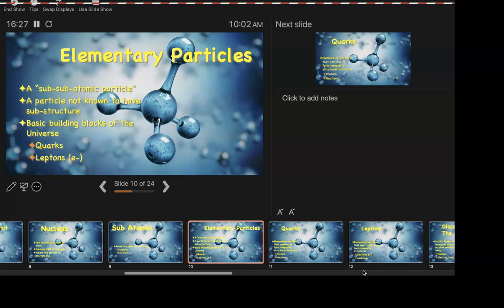I told you a little while ago that there were some smaller stuff. And there's some other bits that we don't talk about in here still, okay? But these are fairly important. So an elementary particle is a particle not known to have substructure. So at the moment, we don't think they get any smaller. Remember, though, that we said that about the atom? And we said, oh my gosh, wow, there's parts that make up the atom. This is as small as it gets. We said that for a couple decades. And then they said, holy cow. Some of these guys are made up of other things.